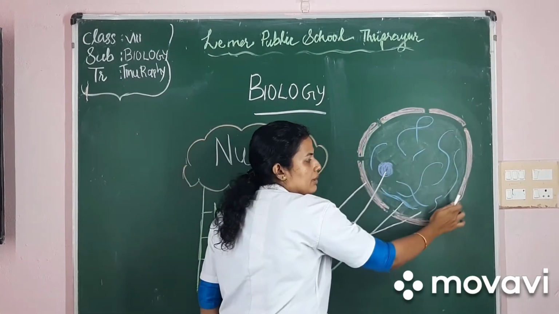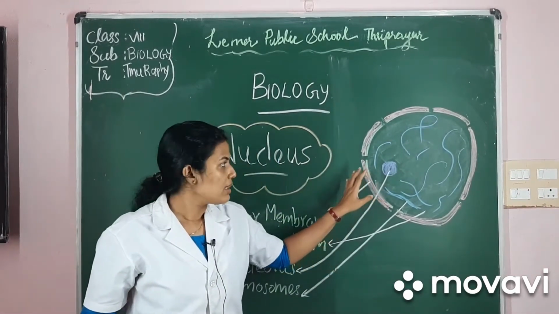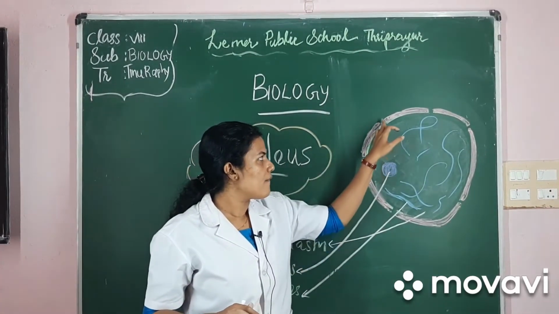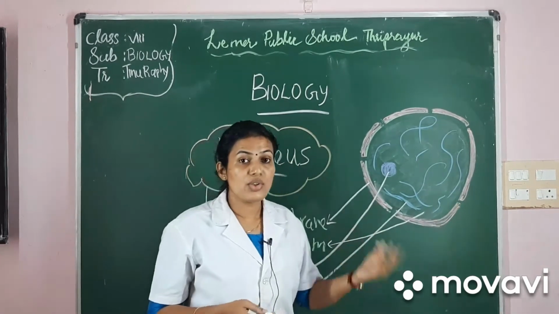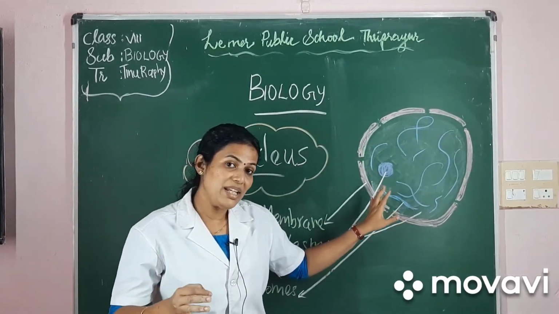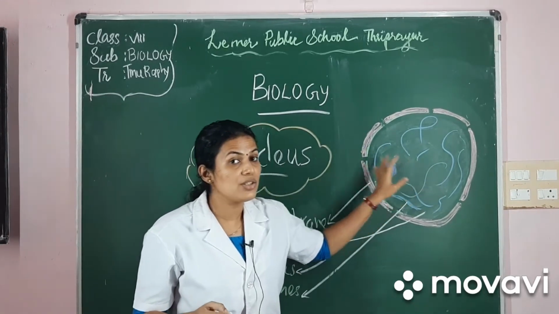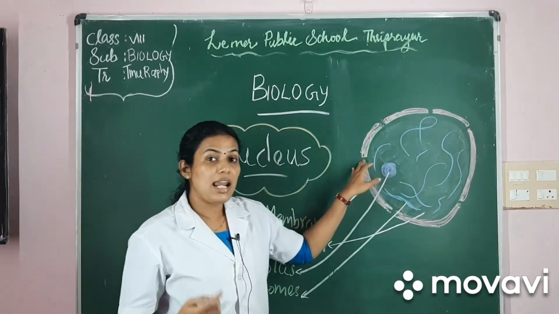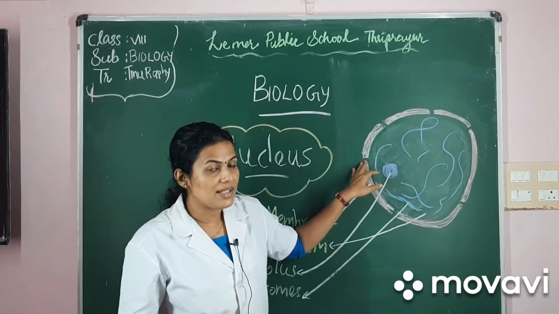It is because the nuclear membrane is porous in nature. The nuclear membrane is porous in nature. That is why the teacher has represented a few gaps in between the nuclear membrane. It also shows selective permeability. So nuclear membrane conducts a few materials from cytoplasm to nucleus and from nucleus to cytoplasm. The membrane is porous and it allows the movement of selected materials between cytoplasm and nucleus.